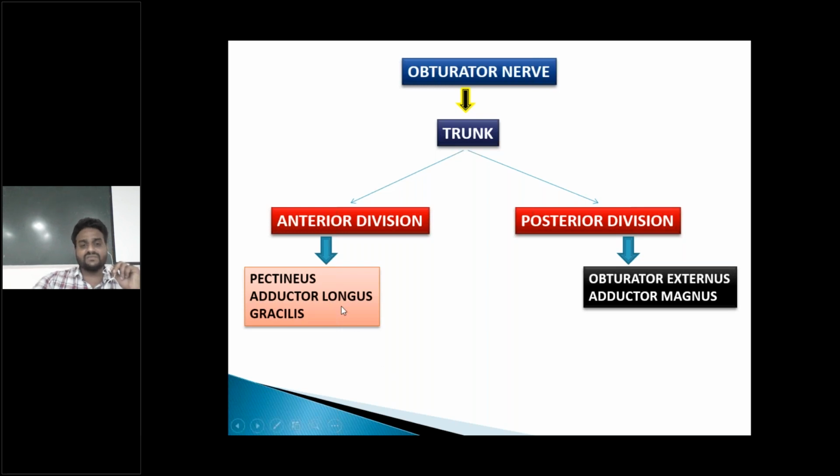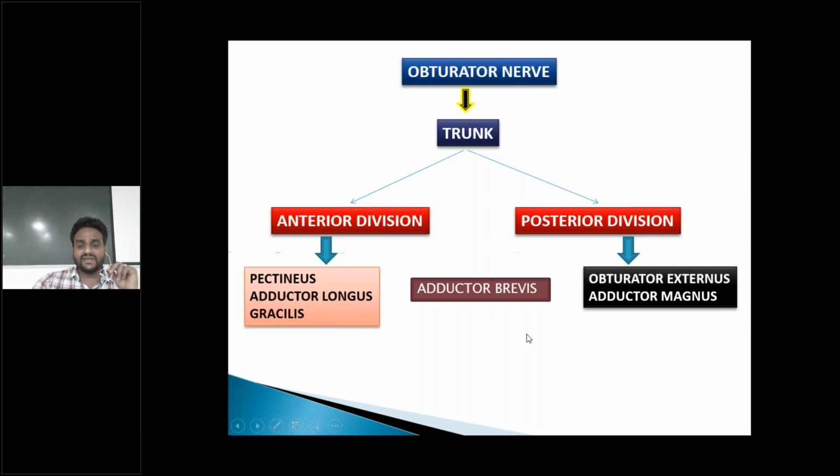If you see the nerve supply of the muscles of the medial compartment of thigh here, one muscle is missed. What is that missed muscle? Very good, that muscle is the adductor brevis. In this slide, I have shown this muscle in between the anterior and posterior divisions, because the anterior division is present in front of the adductor brevis and the posterior division is present behind it. That is one point as for relation.